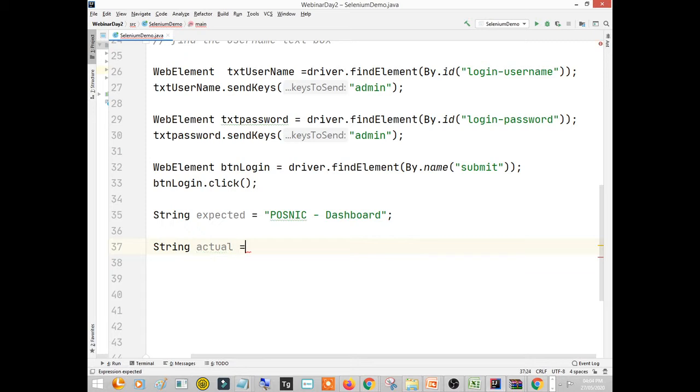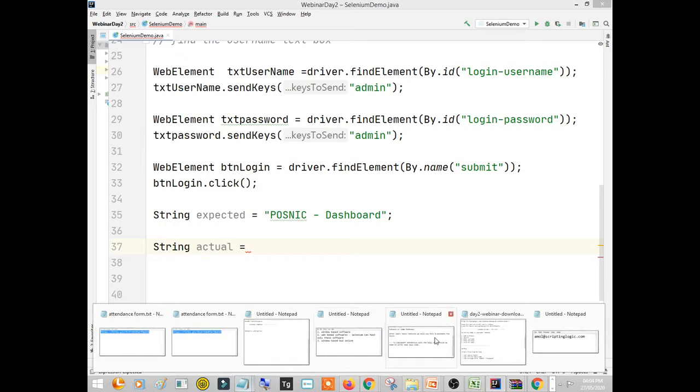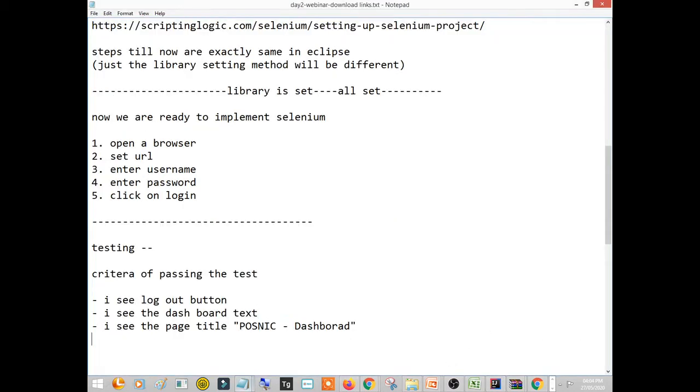To get the page title, we have a method, getTitle.